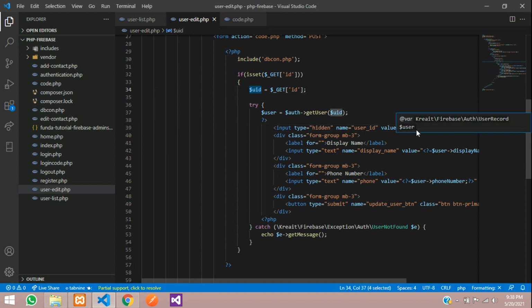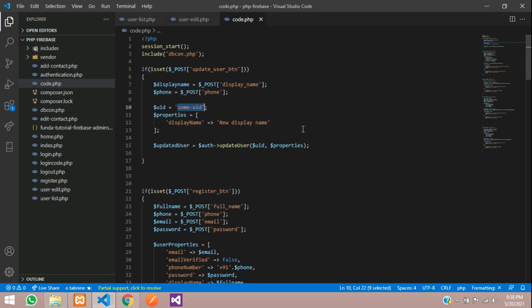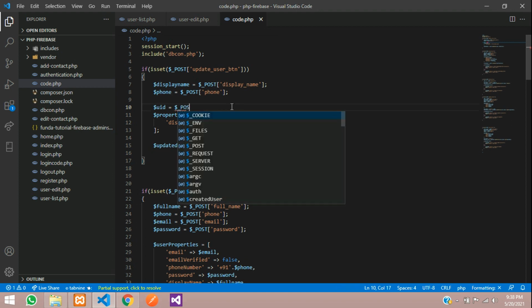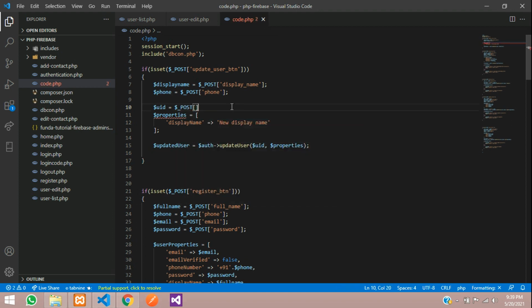Whichever you require, you can take. So we'll directly take that UID and send it with the help of the input box. Let's copy this user ID and go to code.php and send it at this place, $_POST method. Let's paste the user ID, and this user ID is sent over here.